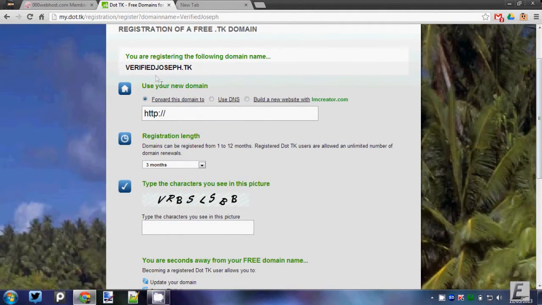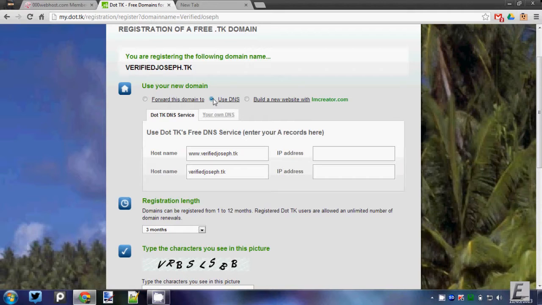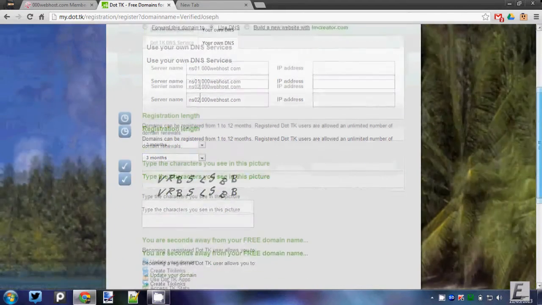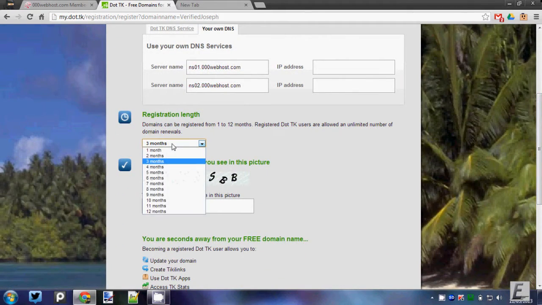And using your new domain, you can forward it to a current domain. You can use their new site builder, or you can use what we have here, use DNS, which is domain name servers. They do have their own system, but we don't want to use that. We want to jump over to use your own, and we want to put in the 000webhost.com name servers, which is ns01.000webhost.com, and the other one is